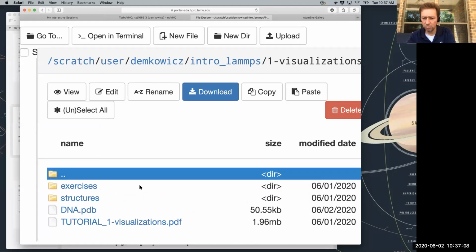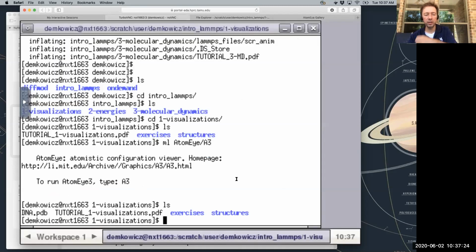If you inadvertently uploaded this to some other place, just let us know. You can move files around in the command prompt, so we can show you how to move files around. That's not a problem. Okay, but it's easiest if you just upload it directly to where you want it to be.